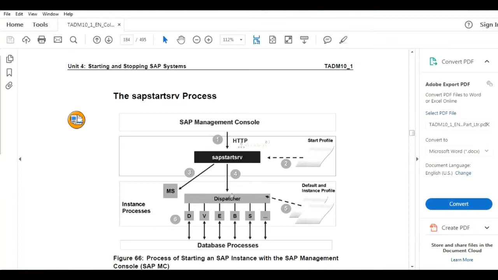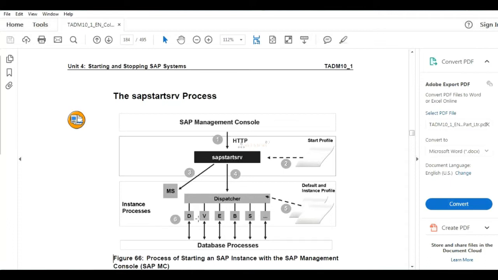Once the dispatcher has been started, how many work processes are there, and which work processes need to be started? How can SAP Start SRV know? Using the default and instance profiles, the remaining work processes will be started.